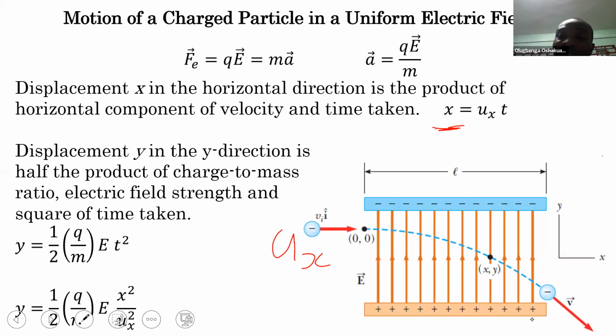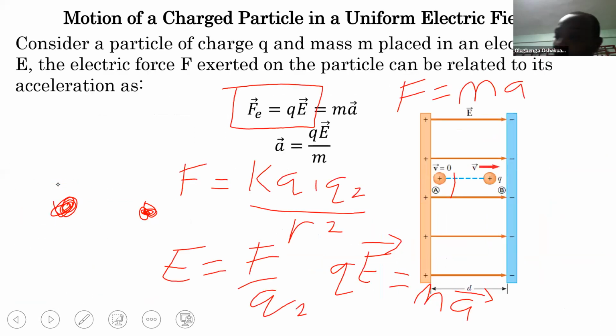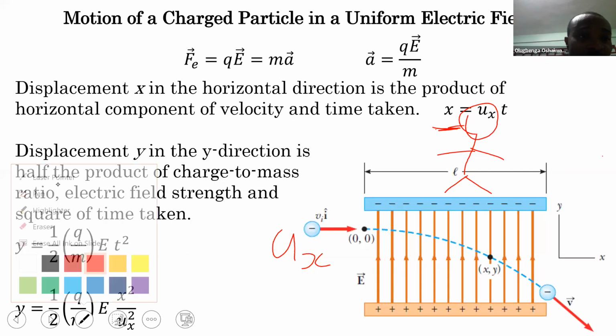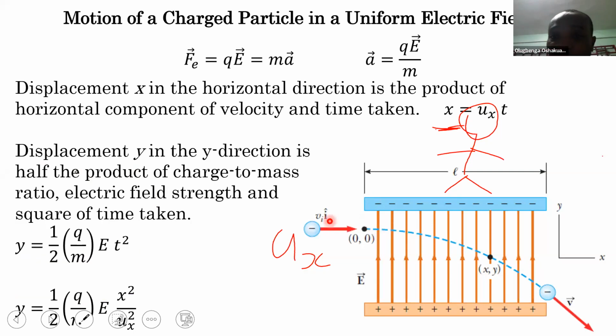So when you stand at this particular point, let me draw you. When you stand here and you view this charged body, you will see it move in a straight line. You will not notice anything. You will see it move in a straight line, undisturbed, not accelerating. But when you stand here,